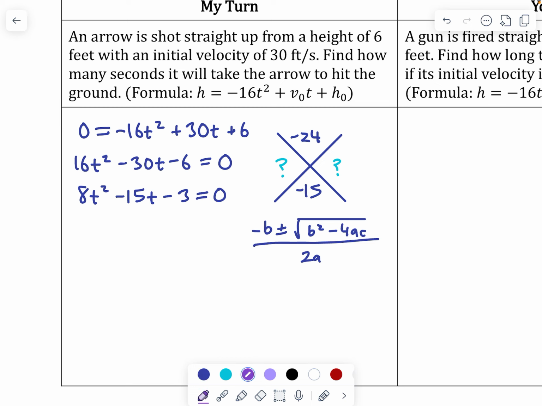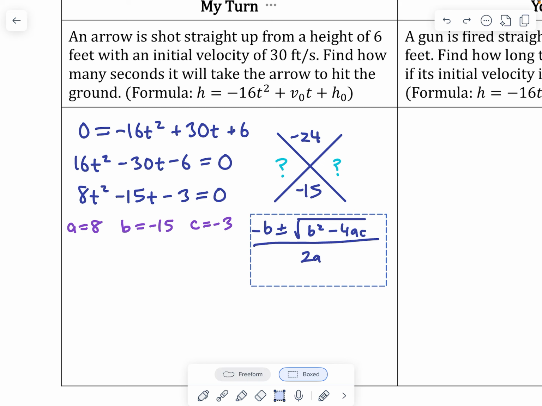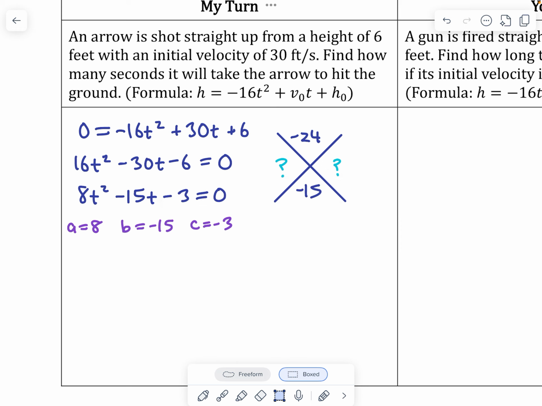So here, my A is going to be 8, my B is -15, and my C is -3. I need to plug those in. This is going to give me T. You know what? I need the room. There's the quadratic formula right there. But it's going away. Bye-bye. Delete. Okay. So we have T equals